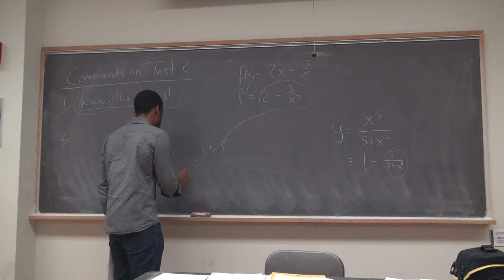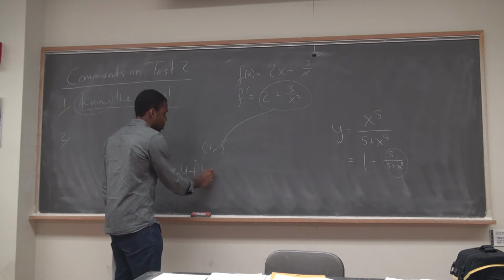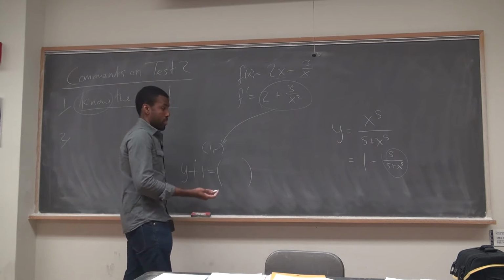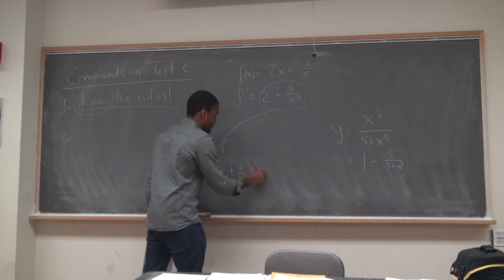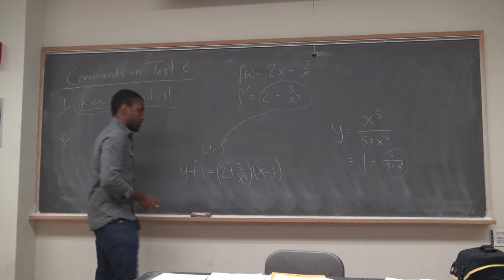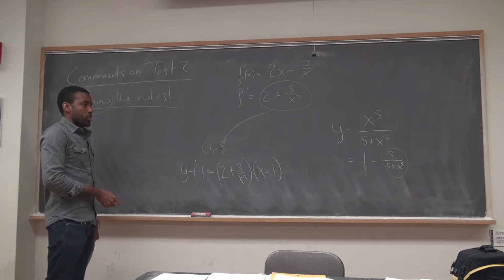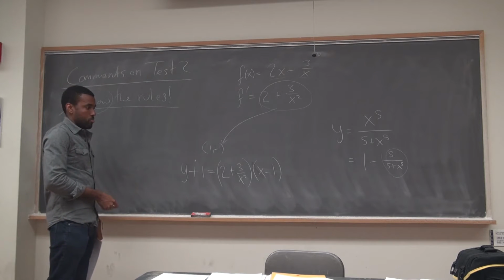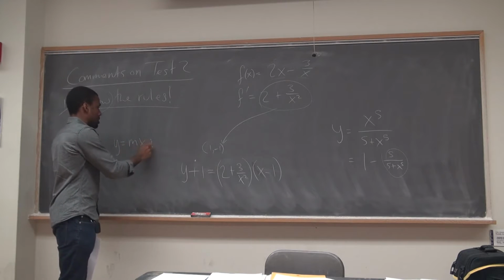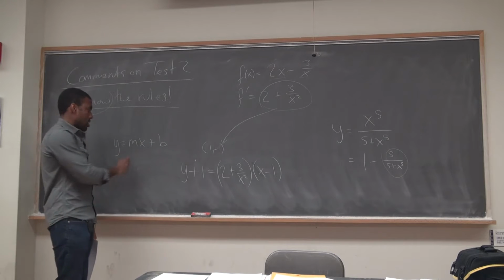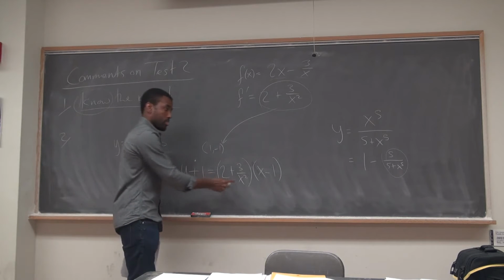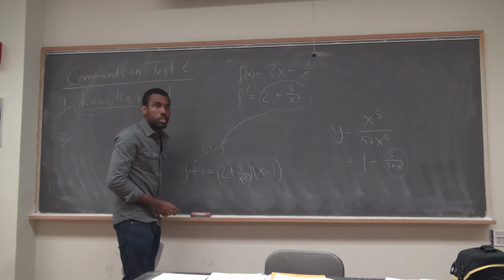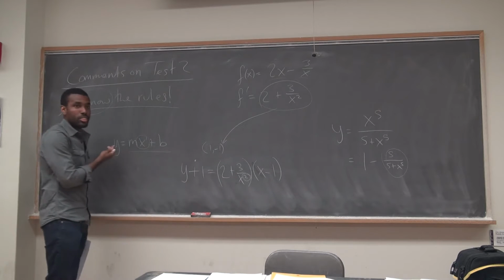And I saw people do something like this. y minus y1 equals m, and for m, they literally wrote this down, times x minus x1. So what's the problem with that? It's not a slope. It's not a line. Lines look like, right? As in on the right side, the only variable is an x and its power is a 1. There is a square here. It's not a line if it doesn't look like this, right?